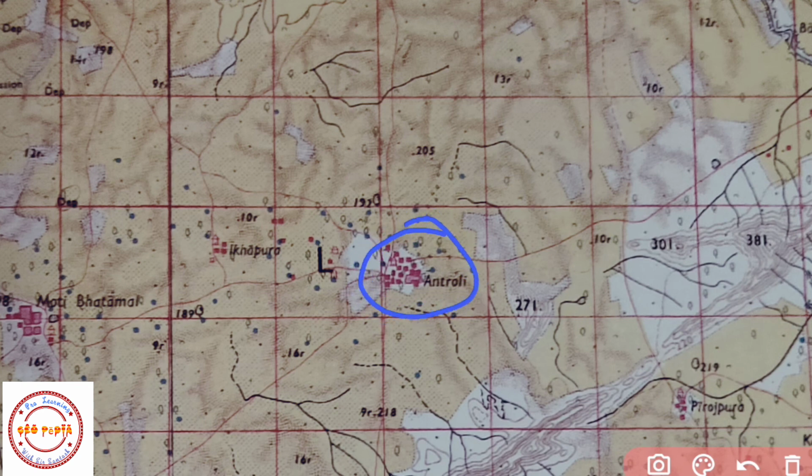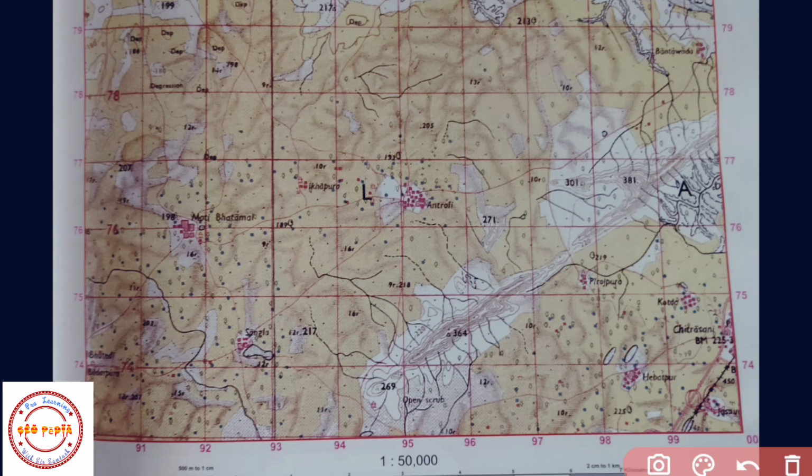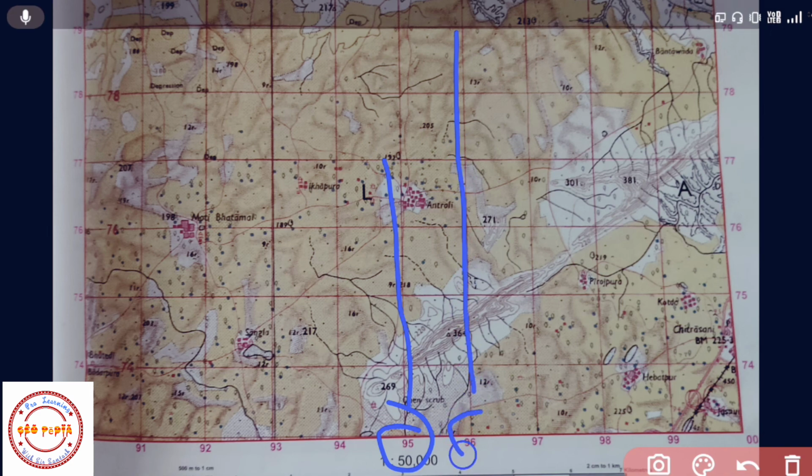As you know, first we have to find between which two eastings this village is coming. Here you can see this easting, that is 95, and this easting, that is 96. So Antroli settlement is coming between 95 and 96 eastings.